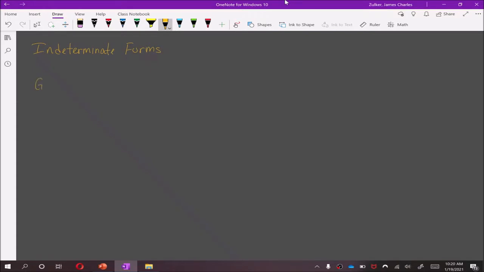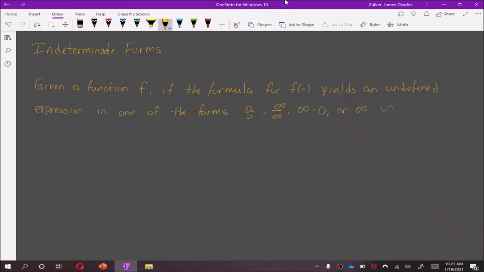Well, if we're given a function f, if the formula for f of c yields an undefined expression in one of the forms, zero over zero, infinity over infinity, infinity times zero, or infinity minus infinity,